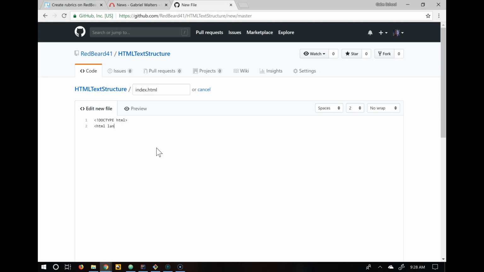HTML. We use the language attribute is equal to English. That's my beginning tag. Now I got to have my ending tag, so I'm going to do HTML, and in between it I'm going to start hitting enter. Okay, now I know that inside my HTML I have two children. I have a head, and they both have a beginning and an ending tag, and I have a body. Okay, so now that we got that,